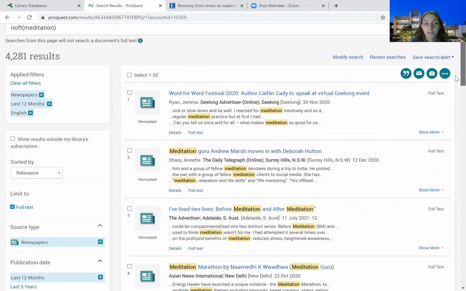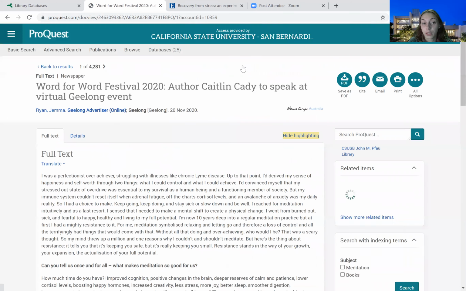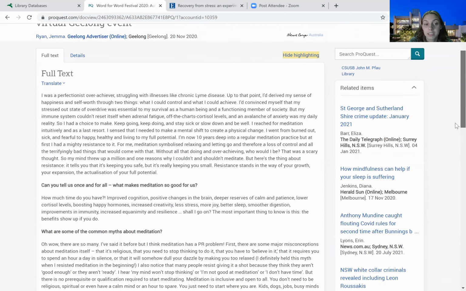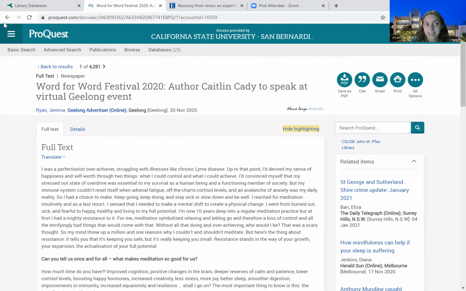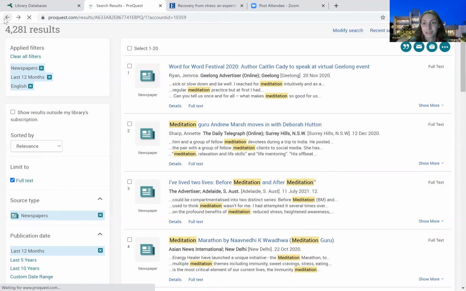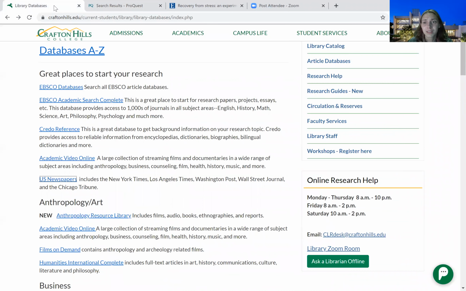And then from there, you can really start clicking on them and reading a little bit of them so that you can get an idea of if it will work for you. Luckily, newspapers are usually not as long as academic journals. Newspapers, it's news, you've got to keep it short and brief, versus academic journals, they tend to be fairly long. But regardless, I hope that helps. That was just a little bit of an intro to how to use the library database to find an academic journal from EBSCO, or maybe how to find an academic video online through the library database,